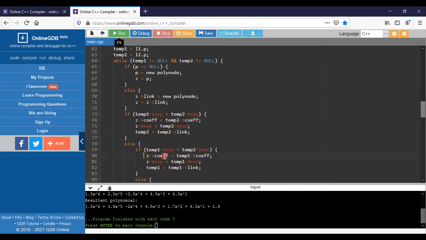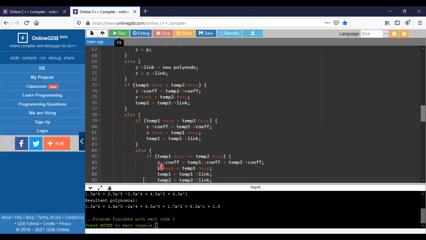So what do we need to do? Go for the other one. It is greater than exponent 1. What do we need to do? We need to read the exponent of that one and place it in the temporary value, note that as one, store it in this representation, and go for the next one. The loop will be continued.